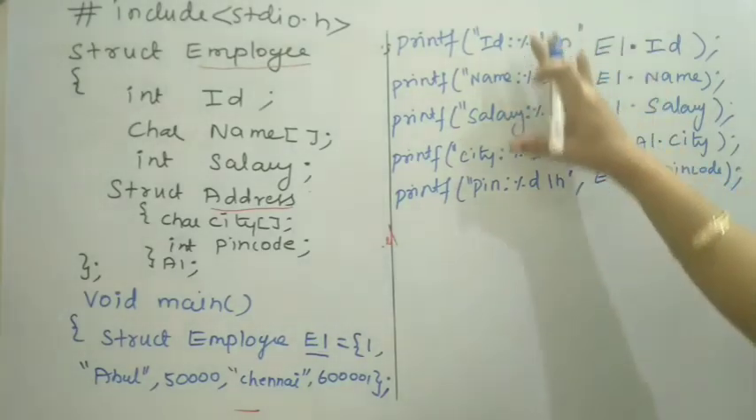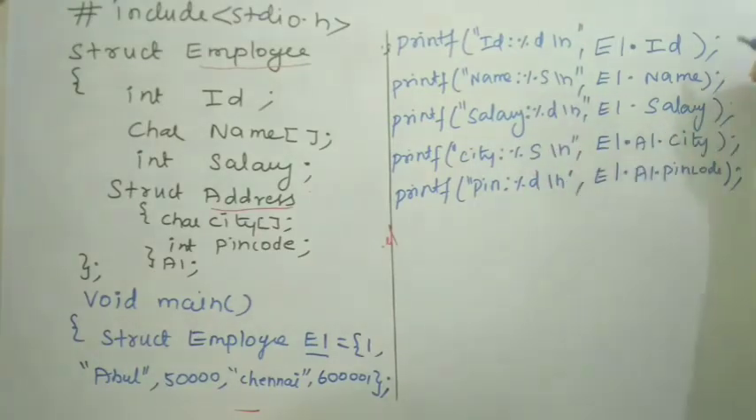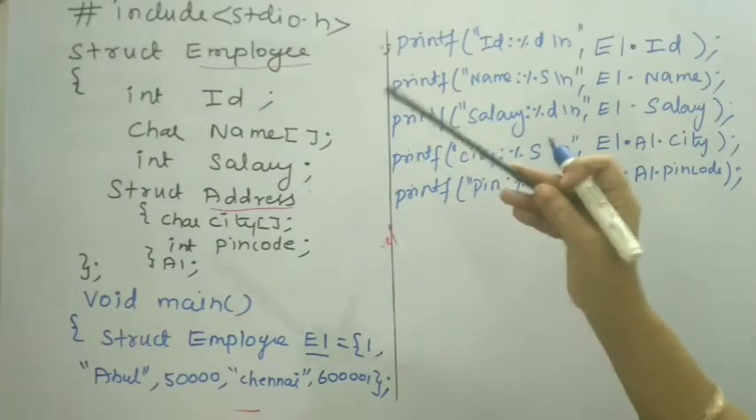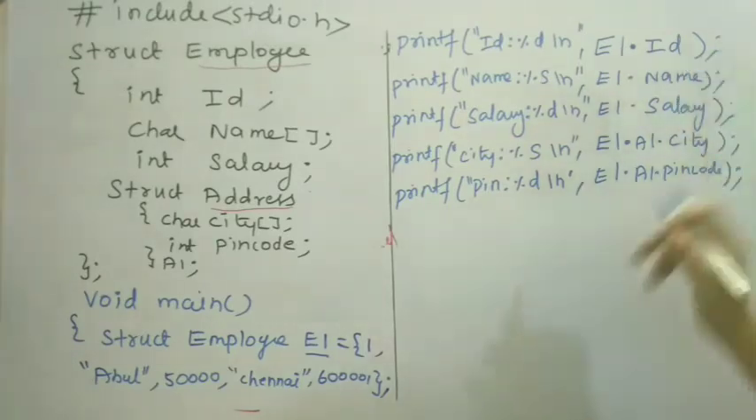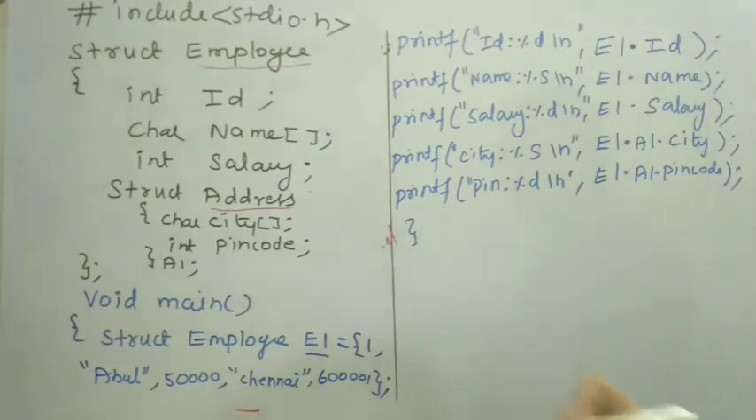Okay, so I have used printf statements to print the value of the data members, which are defined inside this employee structure, using the structure variable and dot operator. I am going to access the data members. If I look into the output of my program, the output will be